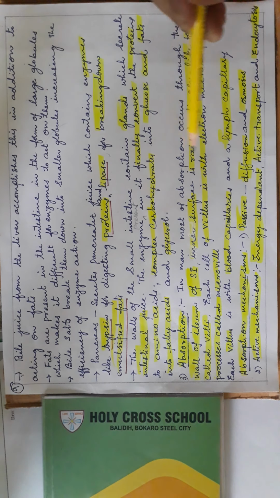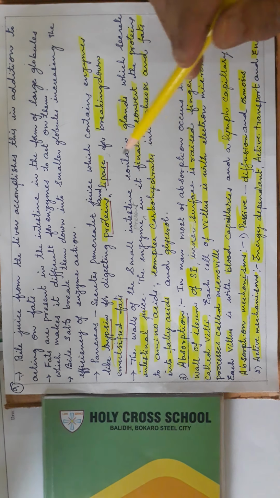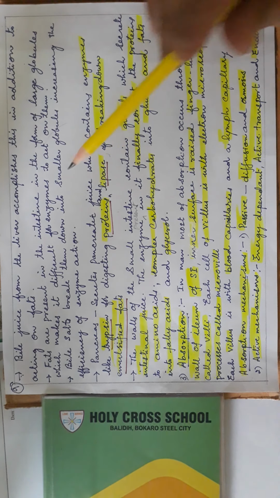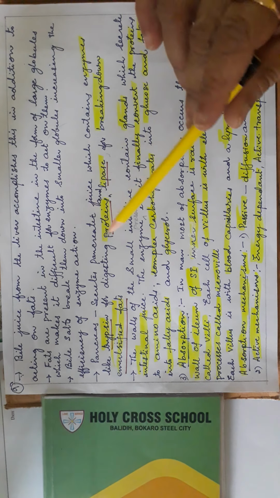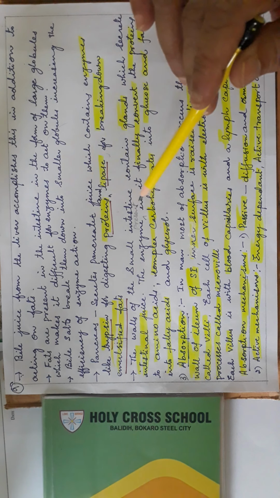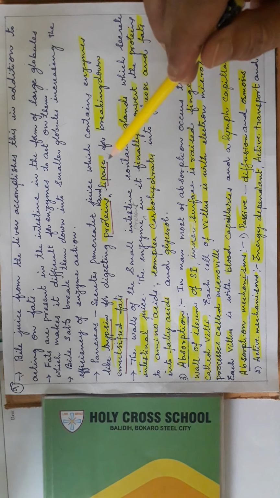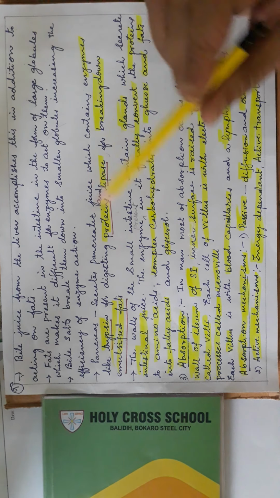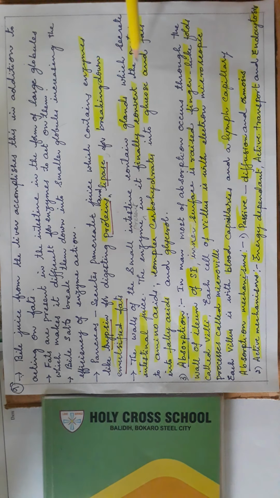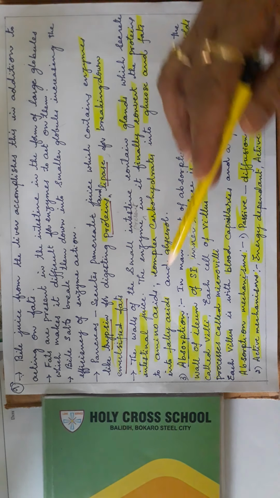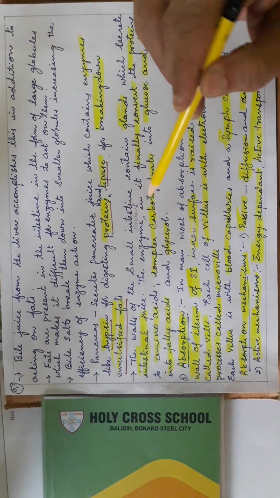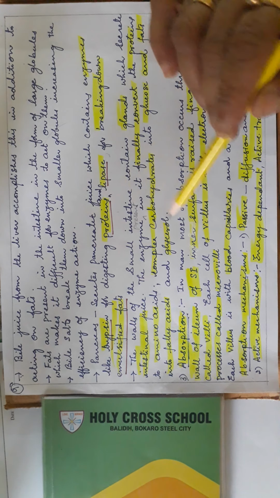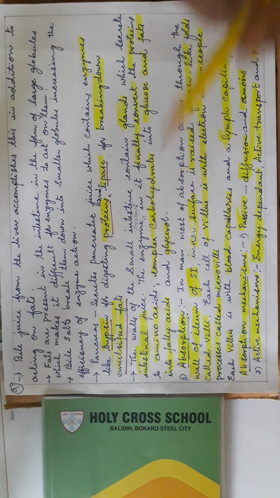Okay, in the previous video we have seen digestion in the small intestine. After the digestion, how the total digestion is completed in the small intestine, duodenum and jejunum. Next, carbohydrates are converted into glucose, proteins are converted into amino acids, and fats into fatty acids and glycerol. So this takes place in the small intestine.